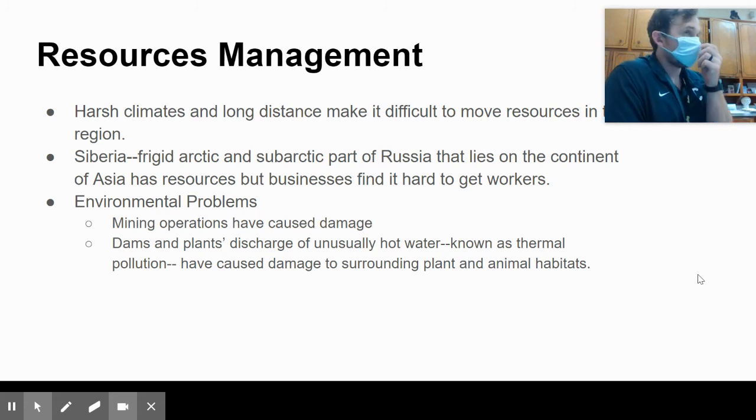And the problem with all this is that the political atmosphere in most of these countries changes so much that it's hard to deal with a lot of these problems. A stable government tends to be better at handling environmental problems. Where you have a constantly changing government can make it difficult.